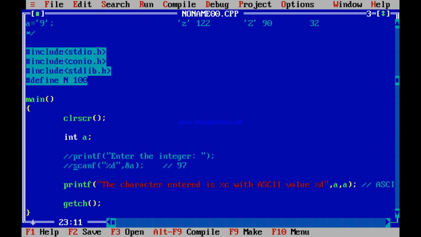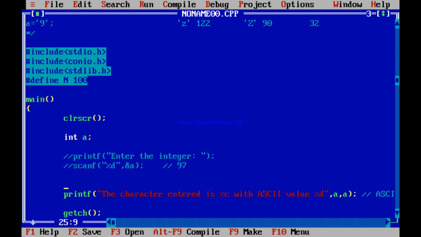Don't scan any integer. But suppose from here you start writing a program for i equal to 0, i less than maybe 100 or 200, i plus plus, and print all the characters.